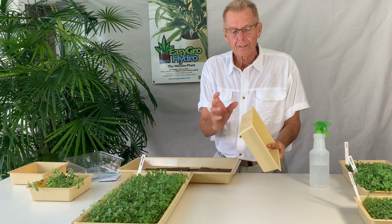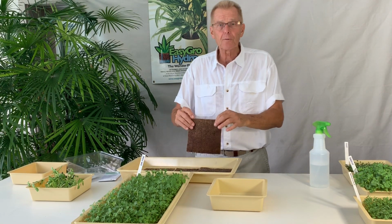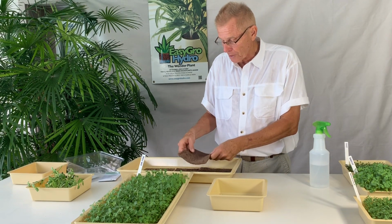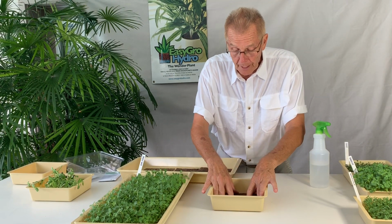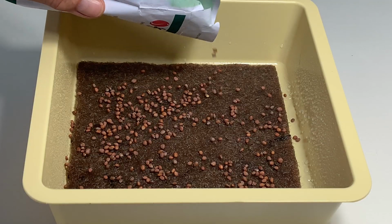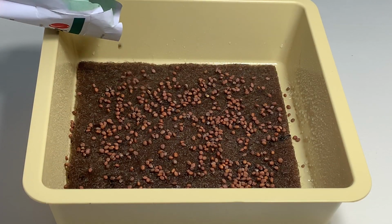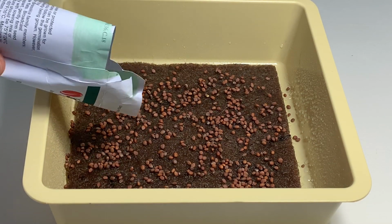First of all, watertight tray. I take my jute mat, which has been soaking overnight in water, and it does take overnight to get these saturated. I put that on the bottom of the tray. Then, I take my seed pack, sprinkle the seeds over the jute mat to get a nice full covering. Then,